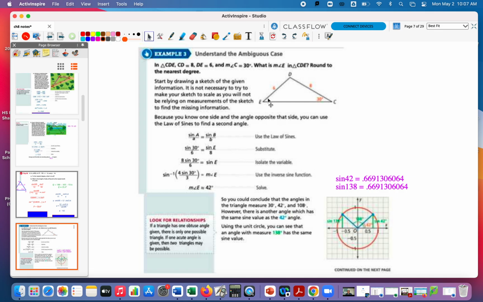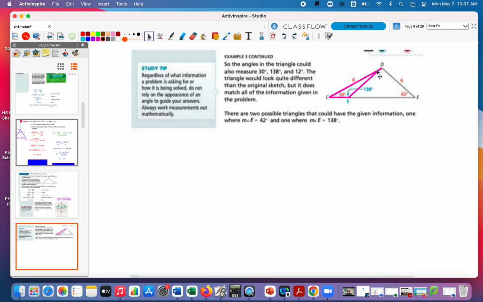I know this is just a triangle they drew. It doesn't have to necessarily be set up that way. So we have to be aware that in some cases there might be a second triangle that results. It could be set up this way, or we could also look at it this way. If you look at the next page, this could be our angle of 138 degrees. Notice I still have a side of 8 and an angle here of 30. Or you could look at the big triangle, where this is 6, this is 8, this is 30,